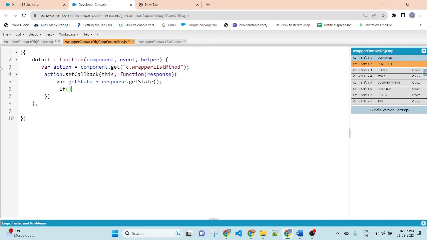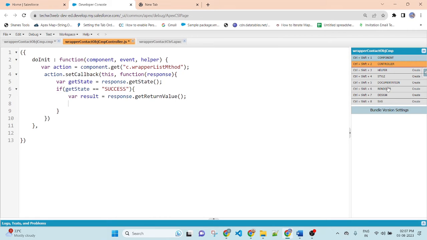If this state double equal to SUCCESS, with capital letters, create a variable result equal to response.getReturnValue.